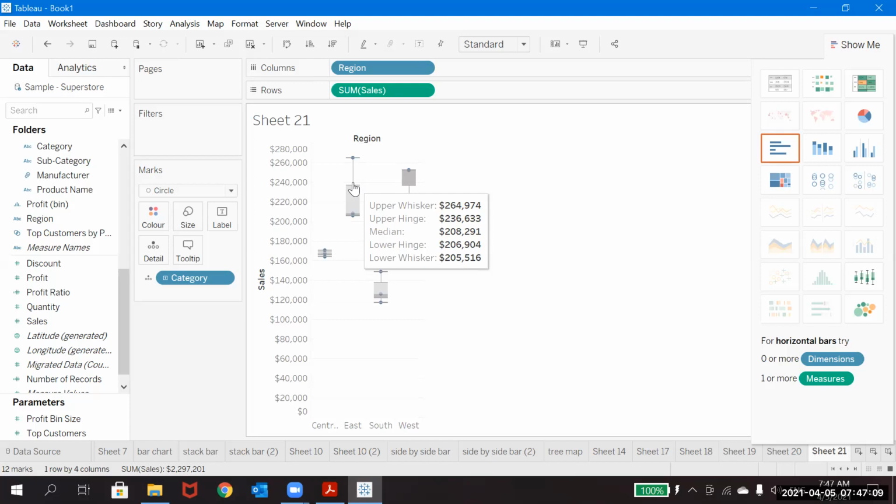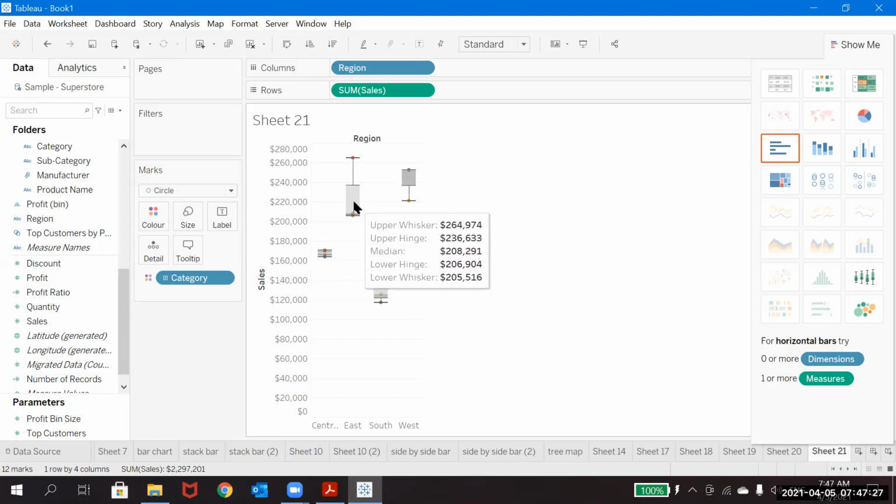In this particular value, the moment you see, it is something like this. If you put something into color, it will differ like a stacked bar for us, right? So here also it will differ, but here you will have some upper value and lower value. Based on that, it will show you a median value in it. That is what the box and whisker chart is preferred for.